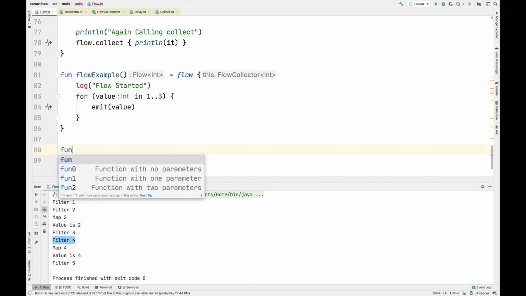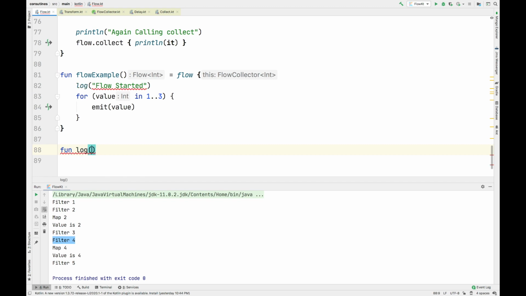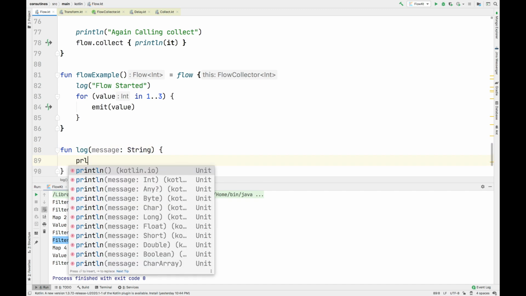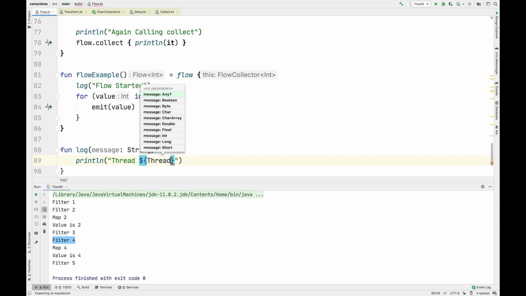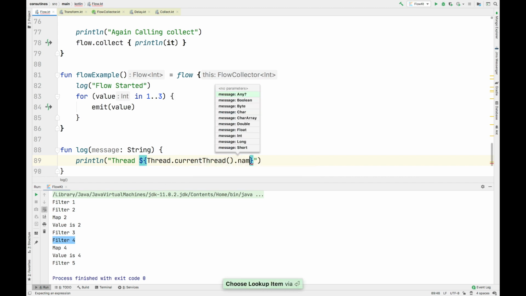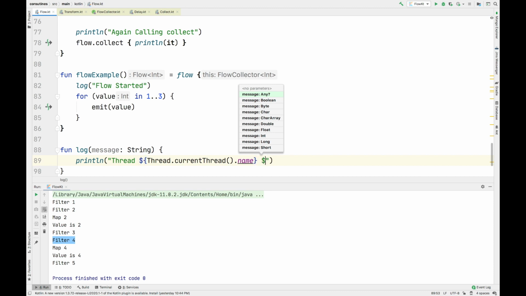I'll quickly write a function here, log, which will take a message of type string, and inside it I'll simply print. I'll call Thread.currentThread().name, which will give me the thread information, and then add the message we have passed to this function.